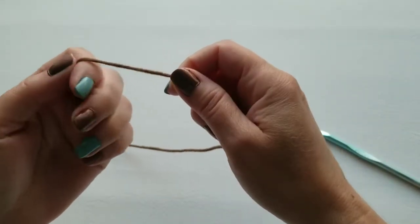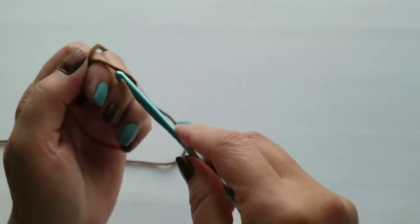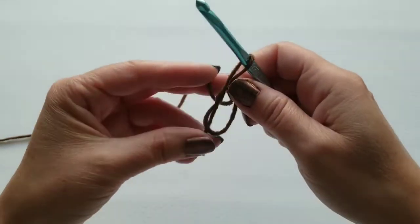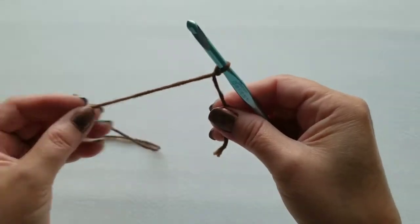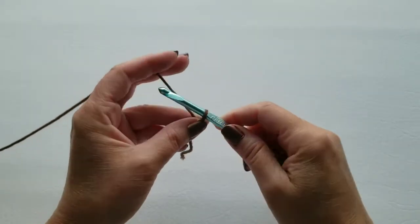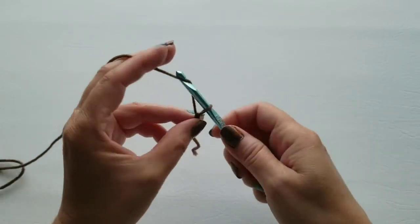I take the yarn, drape it over my 2 fingers, let it fall to the back, take my hook and put my hook between my fingers and pull up a loop. There you go. You have a nice little knot, and take it and pull it against your hook. And that's it. Now we're going to do 75 chain, and the chain is yarn over, pull across, yarn over,